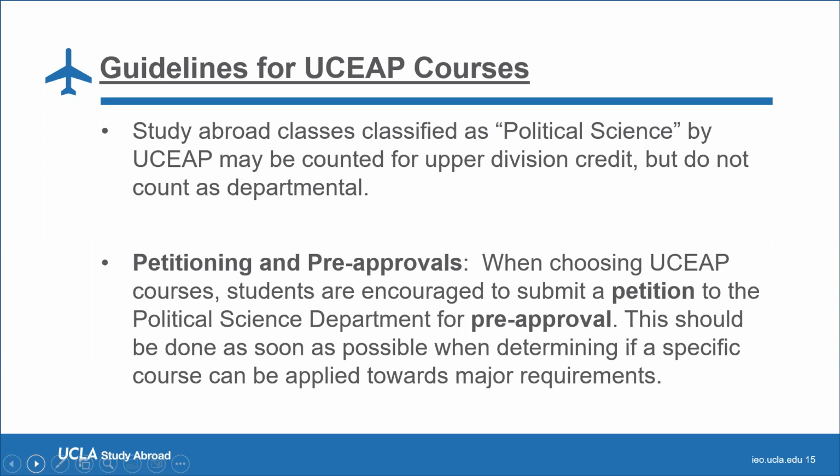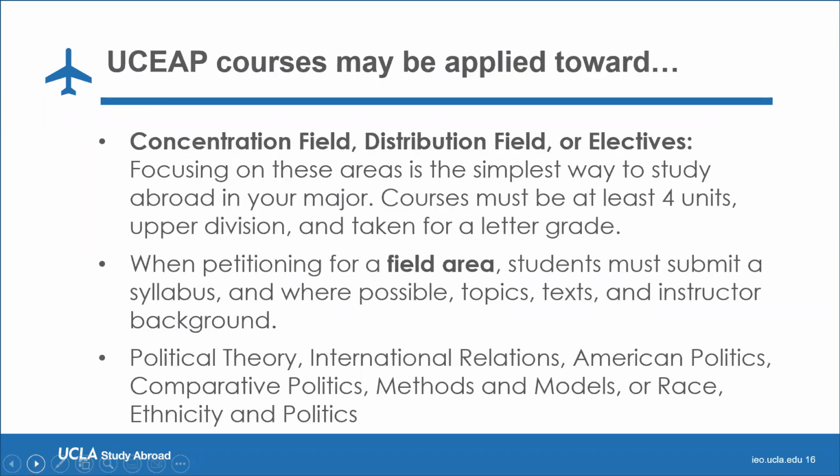So for the political science major, there's 10 upper division courses that you need. This will be in the next slide, but I'm just saying it now. There's 10. 8 of them have to be taken at UCLA. 2 of them can be from studying abroad. But like I said, there's a petition process for that. I can actually put the link in the chat for you all. I updated it to make sure it was more clear and concise. So you would click that and scroll down a little bit and it would say how to submit the petition. And when submitting the petition, you need a syllabus and you need the petition itself.